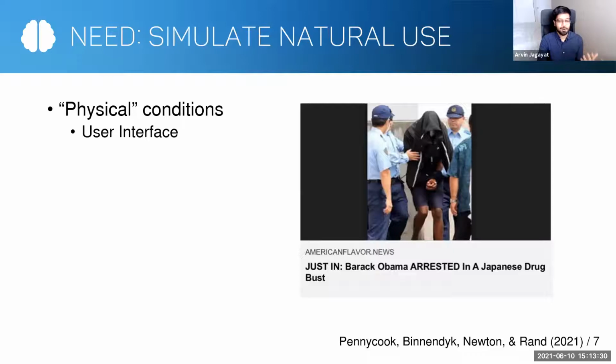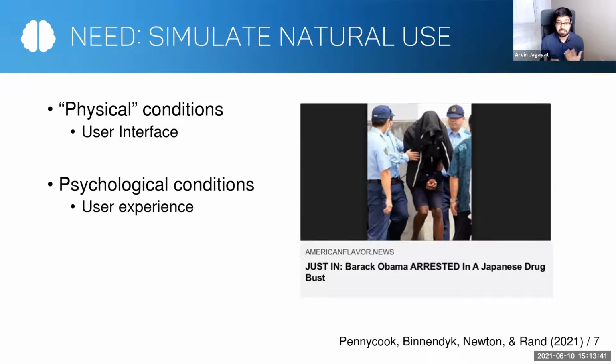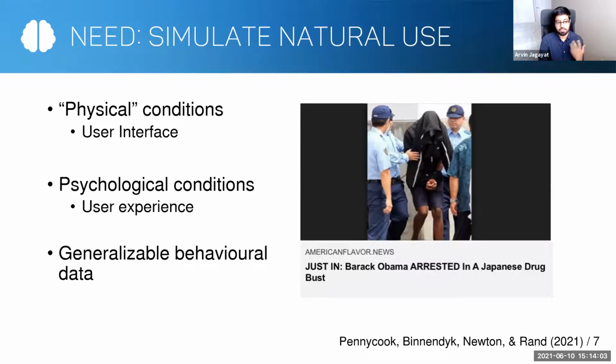And these supposed tools that we need, these tools need to do a lot of things simultaneously. They need to simulate the physical conditions, the actual user interfaces of actual social media platforms. They need to simulate the psychological conditions, so that the user experience that the user interface elicits, different things like the imagined audience, who people think will be seeing their posts, with the same heuristics or mental shortcuts they make when they're interacting with these social media platforms. And the closer we are to that, the more likely we are to have behavior that's generalizable